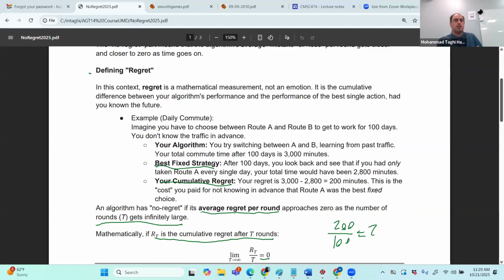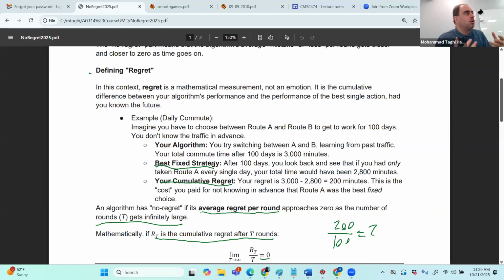And then you will essentially consider some of the regrets. So the main important thing is, why do we consider this the best fixed strategy? Because we cannot compare ourselves to the optimum, because this is an online algorithm. If the optimum knows the whole thing, it knows exactly which one to take each day. When I go today, I don't know which way has a traffic jam. Maybe now, thanks to Google Maps, you can get some ideas there. But say you don't have that, so you don't know. The optimum knows that.